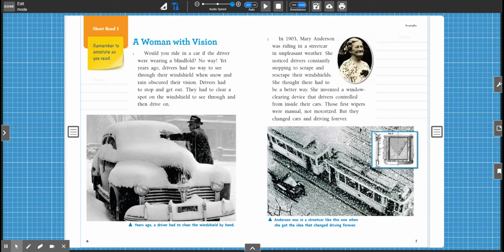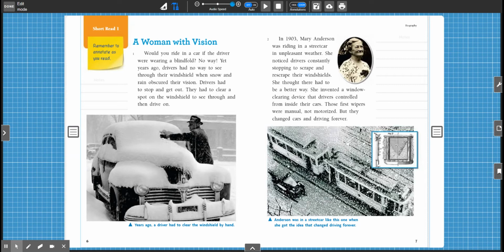If you just look at the photos in this picture before we start, we can see that we might be reading something about bad weather. Maybe I see lots of snow. So maybe that's what we're going to be reading about. But if she's an inventor, she didn't invent snow. So maybe she did something to help people in the snow. Do you agree? Well, let's go ahead and get started.